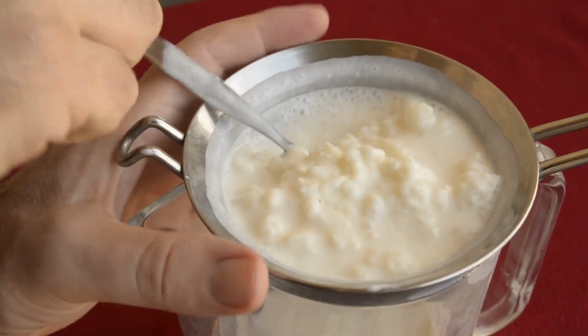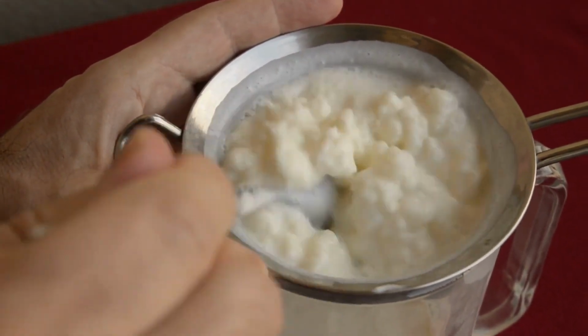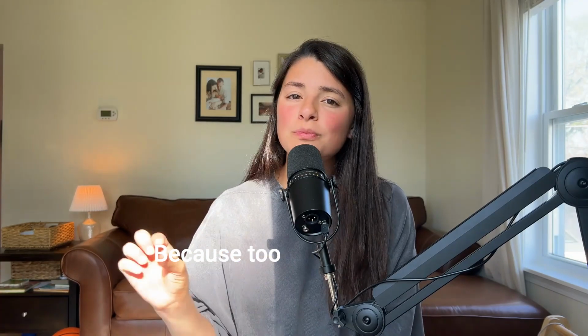Don't be surprised if you experience symptoms getting worse before they get better. So say you introduce some kefir and you get a little bit of a flare-up on your skin. I would not be shocked about that. That's actually a sign that the pathogens are starting to die off. Start really slow. Start with literally a drop of kefir if you need to, because too much too fast